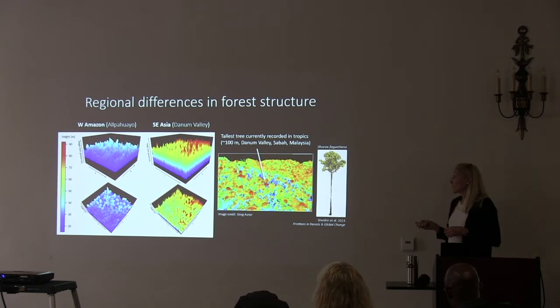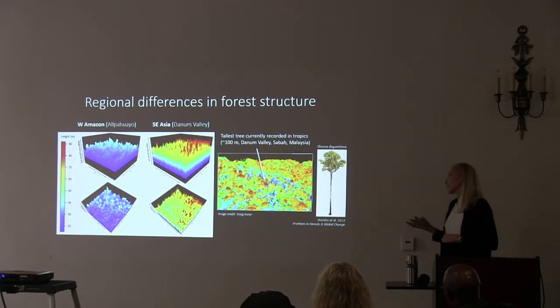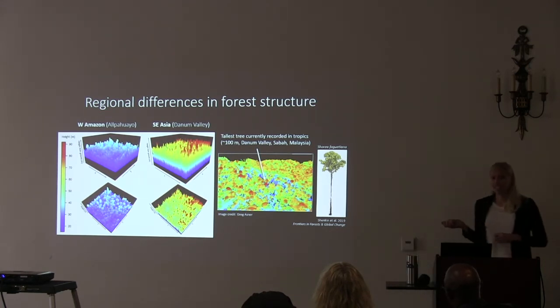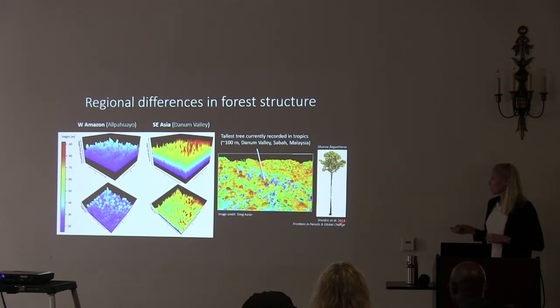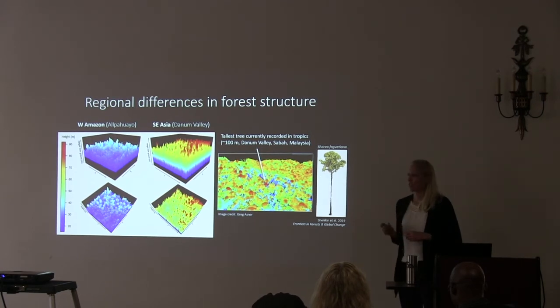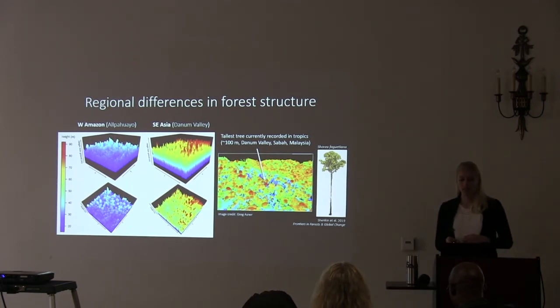And actually from this large landscape scale mapping, it was revealed just this year that currently the tallest known tropical tree in the tropics is located at this site in Danum Valley. And it tops out at about 100 meters. And for anyone who's interested, it's a Shorea species, which was really well documented in this nice paper that came out last year. A Shorea species is in the Dipterocarp family, which is a family that dominates a lot of these forests in Southeast Asia.